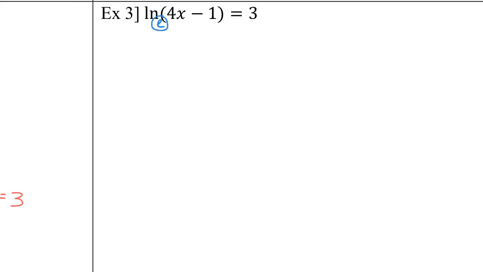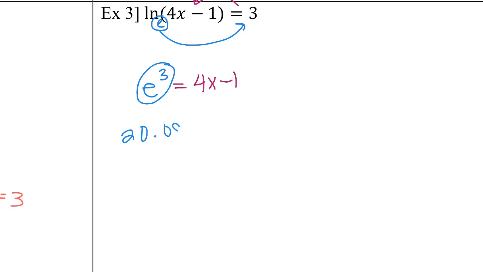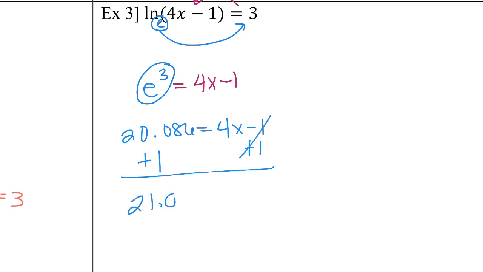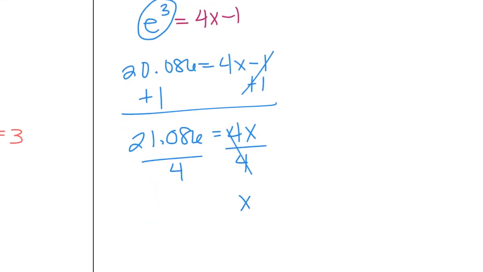So we're going to take that base of e to the third, so e to the third equals the argument, 4x minus 1. And now we're going to continue solving. I'm going to go ahead and use my calculator to get a decimal approximation for e to the third. So I have about 20.086. Then I'm going to continue solving, add 1 to both sides, 21.086 equals 4x, and then divide by 4 on both sides. X is equal to